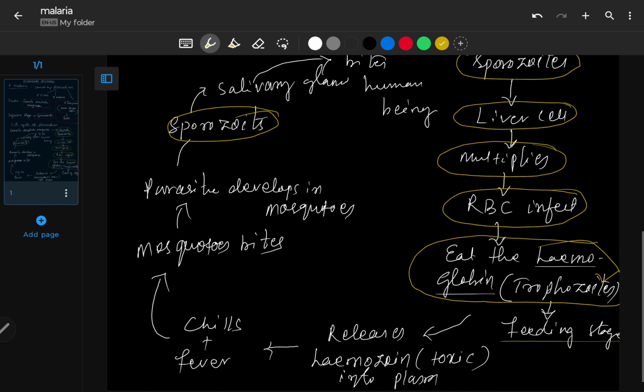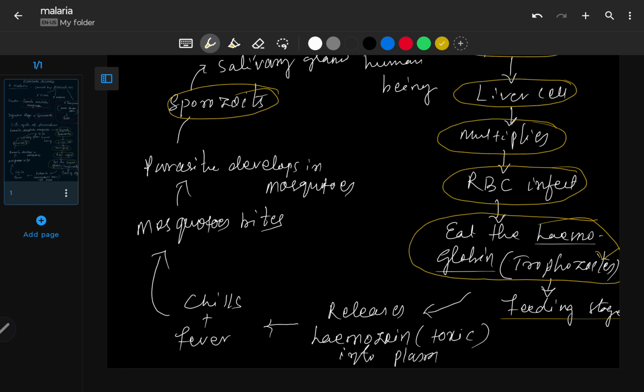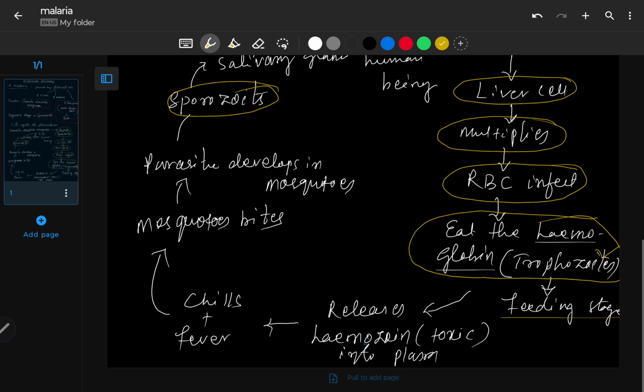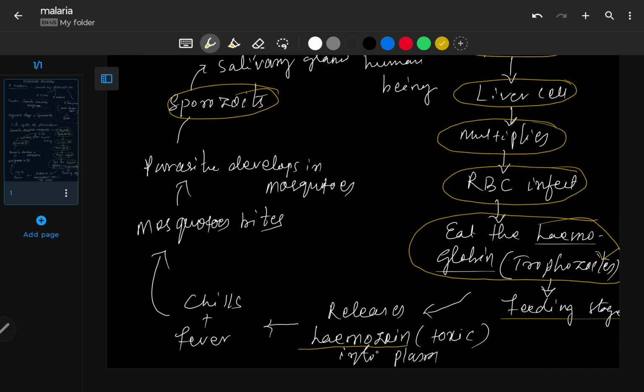Now this trophozoite feeds upon the hemoglobin, and after feeding upon the hemoglobin, it releases a toxic substance called hemozoin. The hemozoin is released into the plasma, and when it is released into the plasma, the fever comes with chill and shiver. Now in this condition, these parasites are present in the blood of the human body. So when the mosquito bites the patient, who is having malaria,